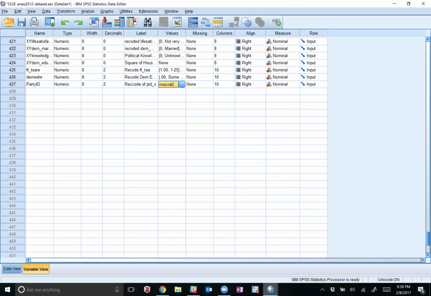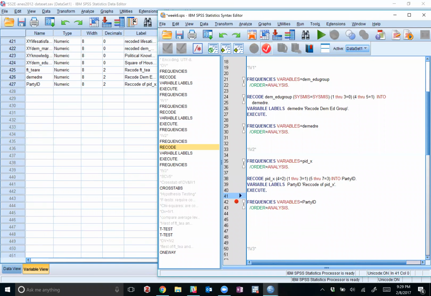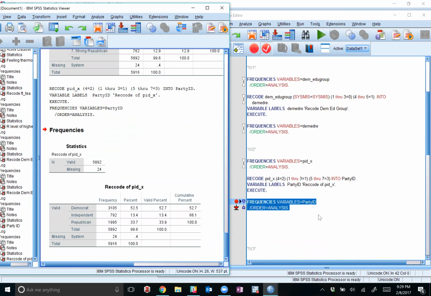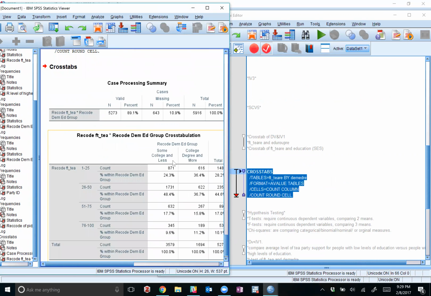So now again, when I do this analysis part, you see that I now have Democrat, Independent, and Republican all labeled. And that's nice because when we do our crosstabs, you see that instead of these just being the value labels here, they actually have